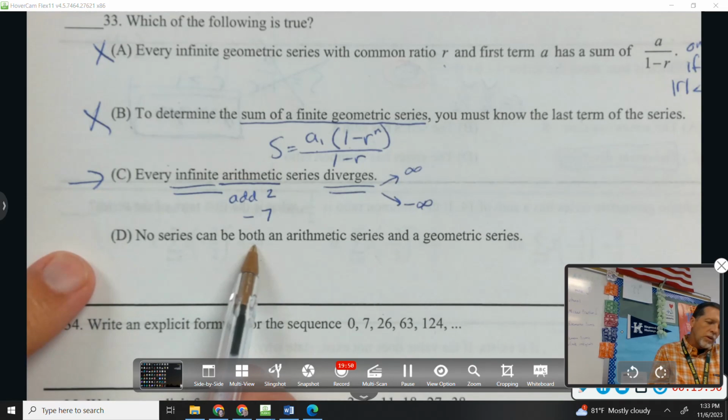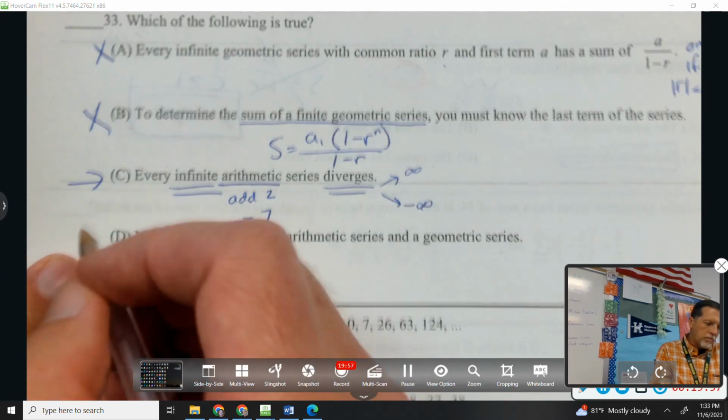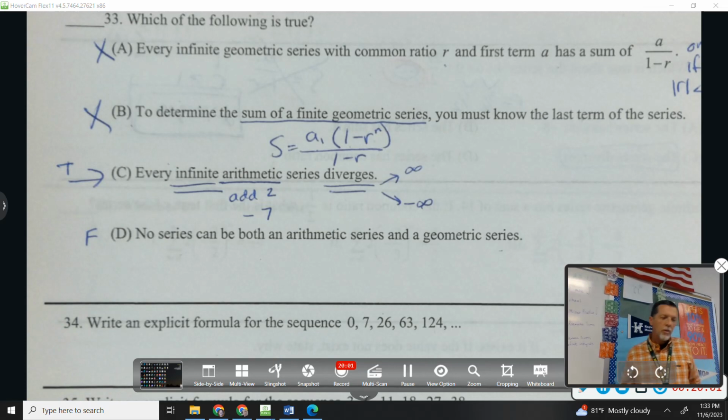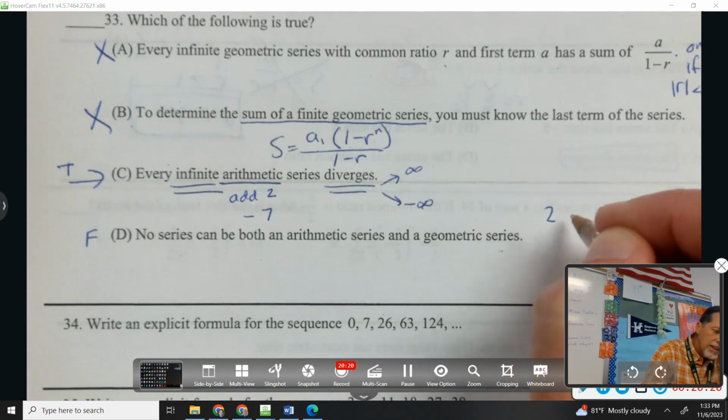No series can be both an arithmetic series and a geometric series. Oh, that's a tricky one. So we're thinking that's false because we're pretty sure C is true, which means there should be a series that is both arithmetic and geometric. Can you come up with a series that is both arithmetic and geometric? I don't think we talked about this earlier. Once you see it, you'll understand it, but until you see it,